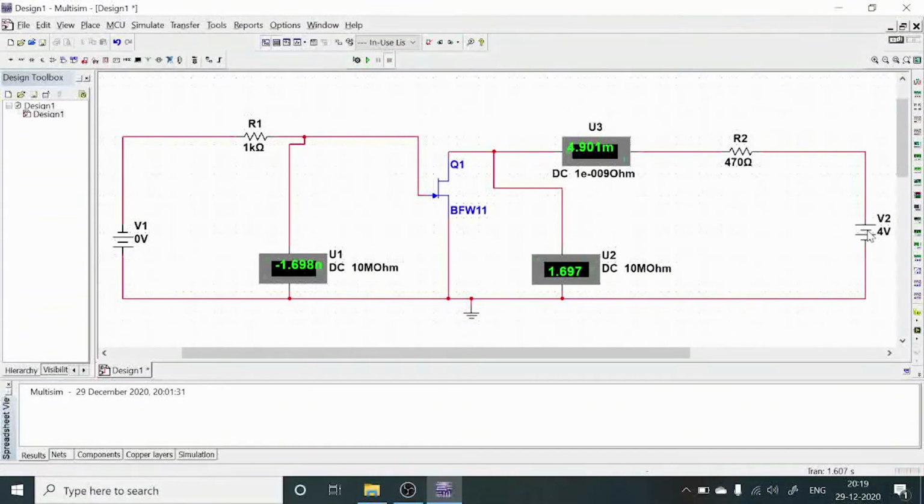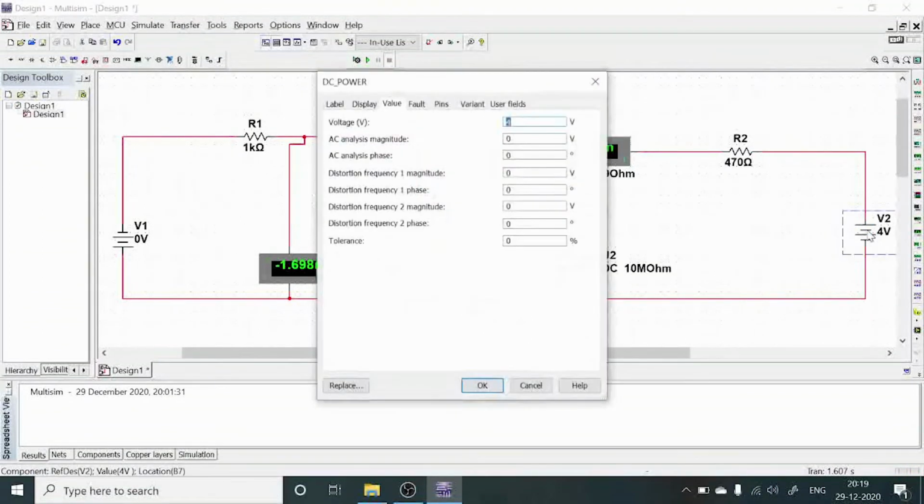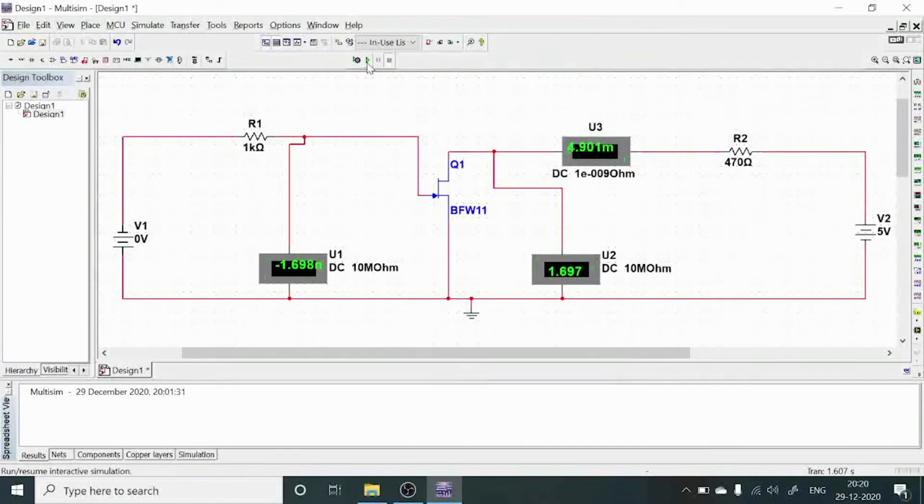Again we need to vary this biasing voltage. Just double click again and change from 4 volts to 5 volts. Select OK, then run. And now the drain current is 5.256 milliamperes and the drain to source voltage is 2.53. Then again stop here.